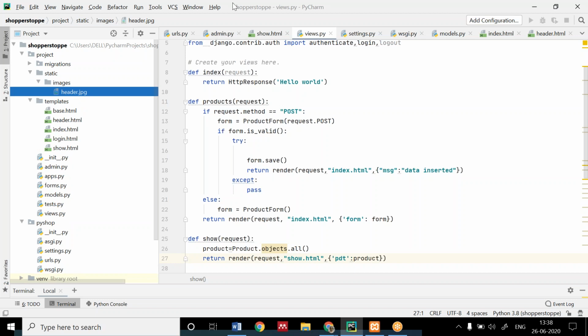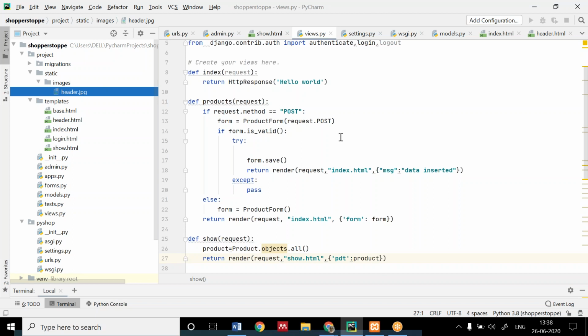Header one. Okay. See, in the static folder you have images. This one. Okay. Let Shivam write this code. If you want to see something, I'm going to show the show.html. You write the code from there. Shivam, are you done with this? Okay. Just download the image.